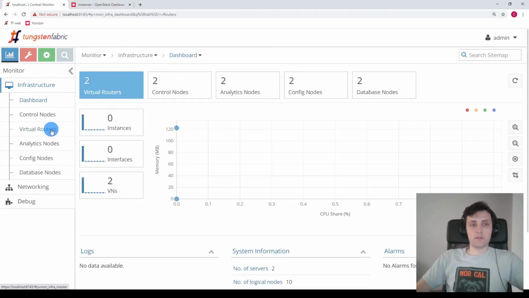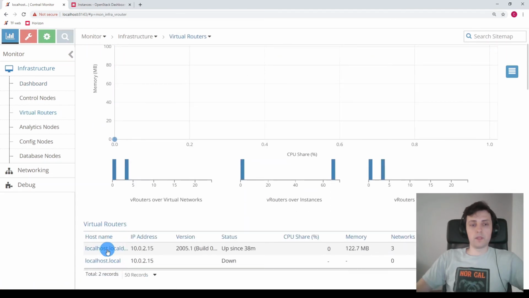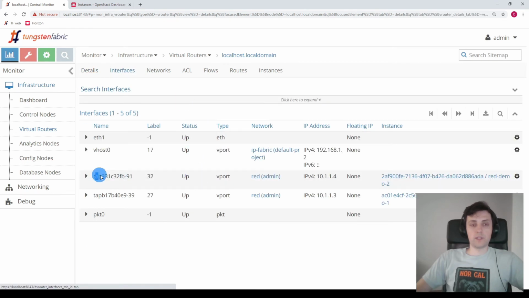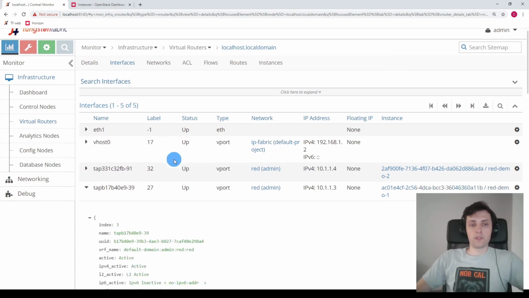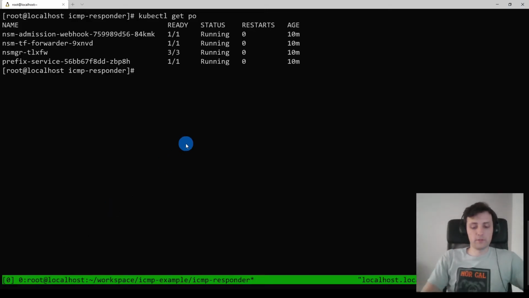And on the Tungsten Fabric side, we should see the interfaces attached to the virtual router. Okay, here we can see the two interfaces in the red network, 1.3 and 1.4. And just for the purpose of this presentation, we will use the virtual router internal interface to connect to them. So SSH,